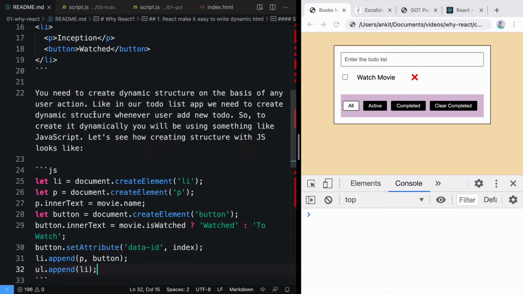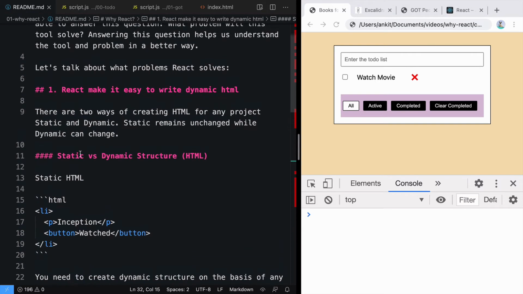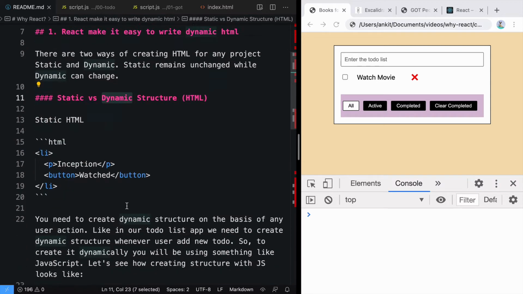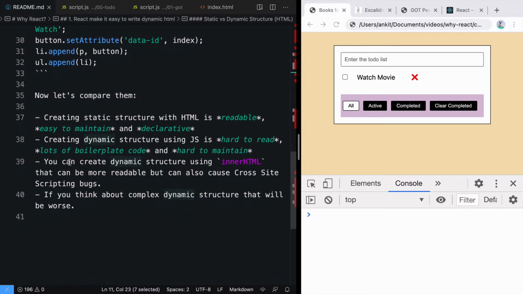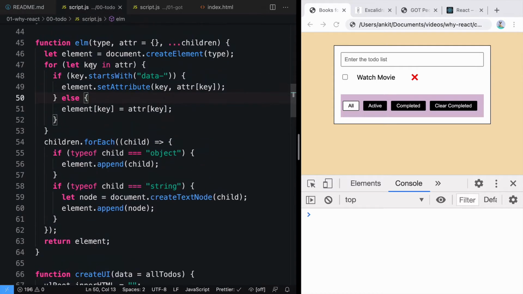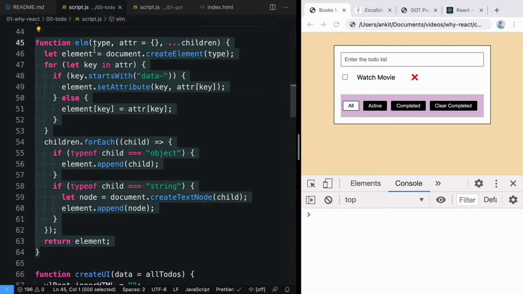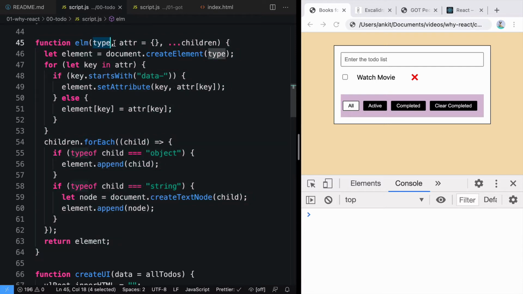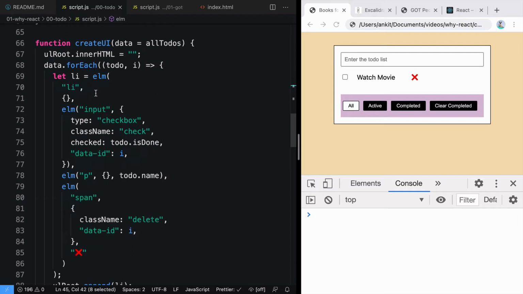In our previous videos, we have learned about the difference between static and dynamic HTML, and based on the problems that we are facing while creating dynamic structure, we have come up with abstraction, and that abstraction for us is known as the element function that can help us create HTML elements based on some properties like type, attributes, and children. And when we started using it, our dynamic HTML code became a lot more readable